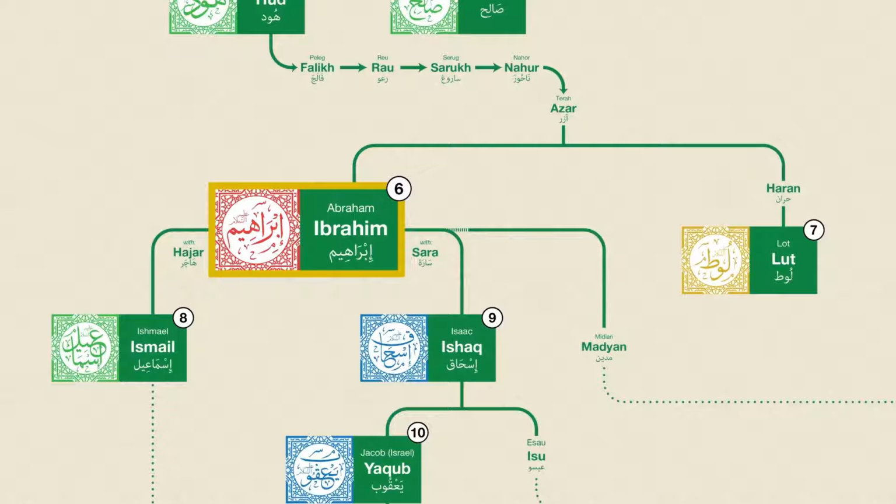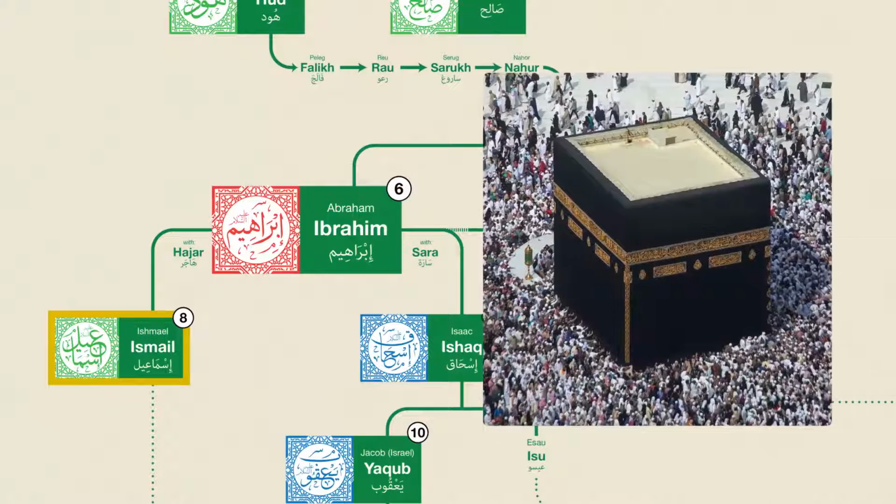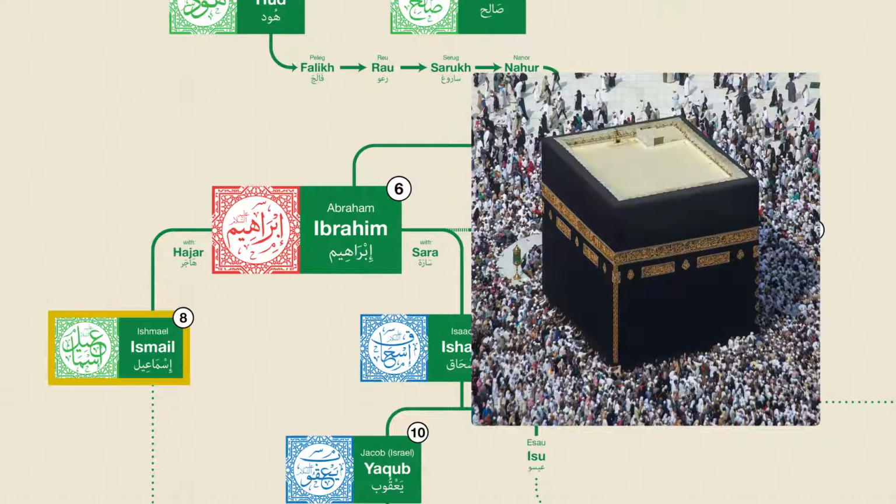In Islam, both Ismail and Ishaq are considered to have been prophets, as well as Ibrahim's nephew Lut. Lut is the equivalent of the biblical Lot. And in Islam, the story of God destroying the cities of Sodom and Gomorrah pretty much mirrors the biblical story. However, Islamic tradition has a lot more detail about Ismail. According to Muslims, Ibrahim took Ismail to Mecca, where together they built the Kaaba, which today is the most sacred site in Islam.